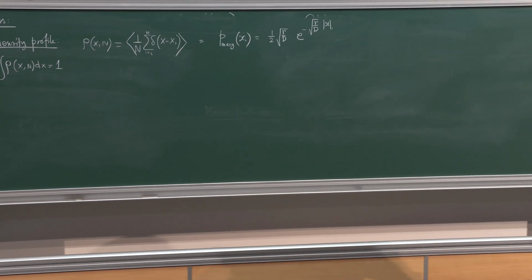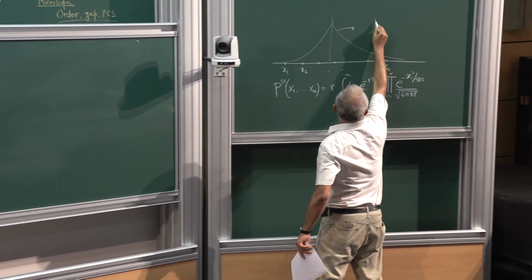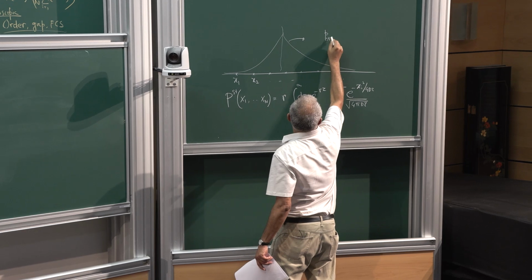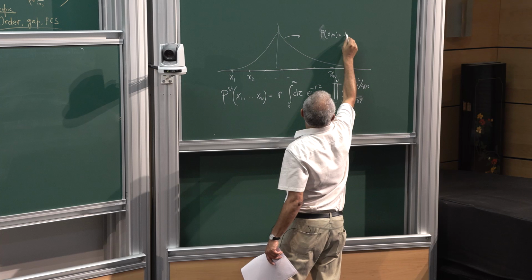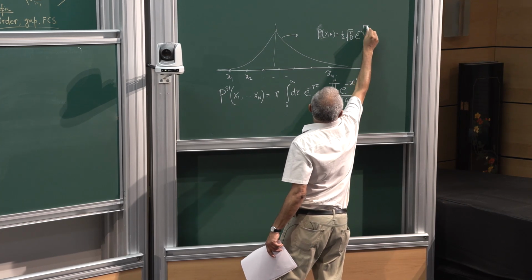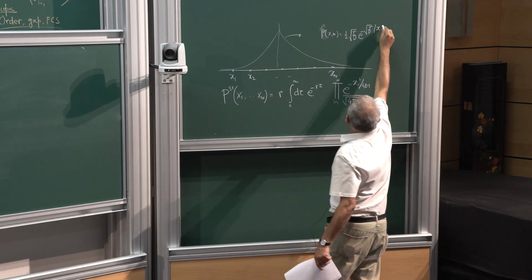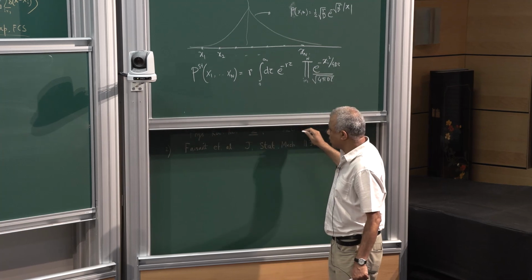Okay, so this is precisely the average density profile. So the first thing to notice is that this is independent of n. Okay, so in this simple gas,